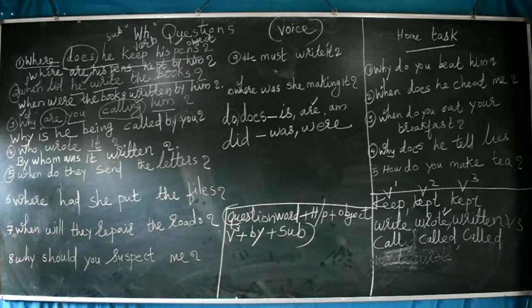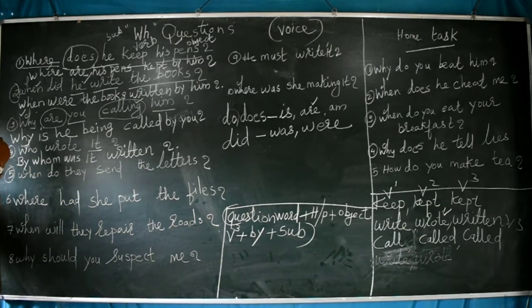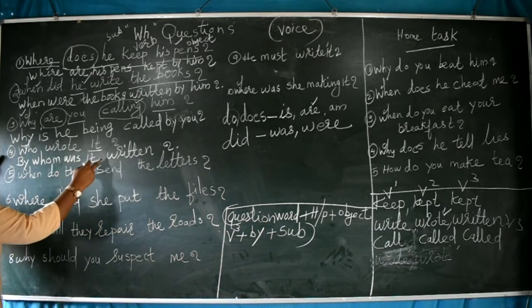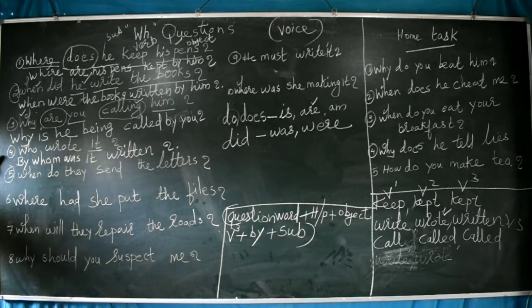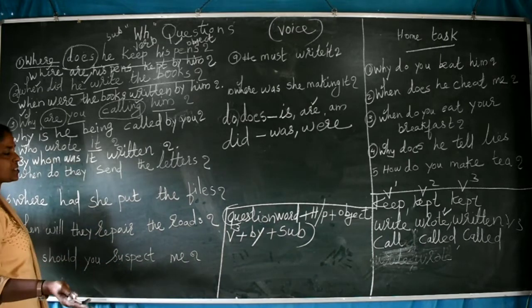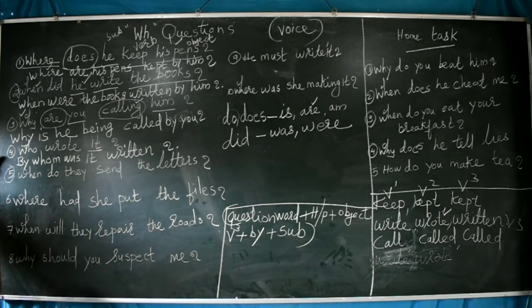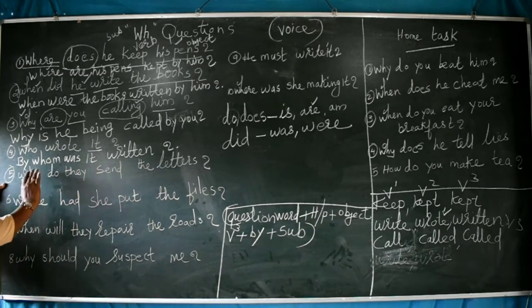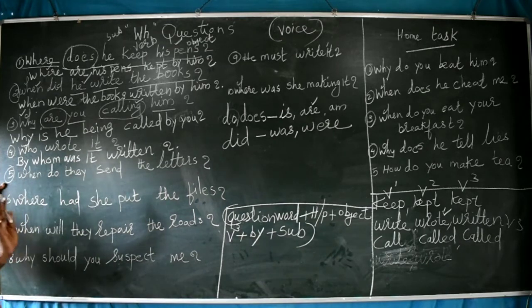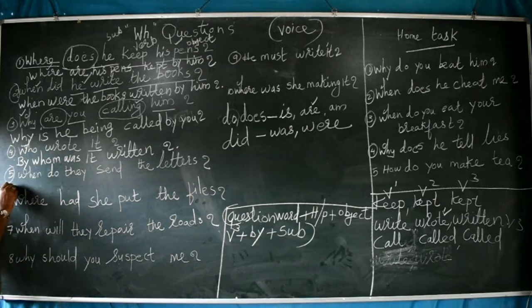But again one more method is there. Who we can use directly also. Who was it written by? By we will write at last. Likewise also we can write it. Don't forget that some answers you might have seen with who directly, and then madam said by whom will change; don't get confused. That way also we can make. But now I am teaching only one method that you will do for your exam. So next one, number 5.